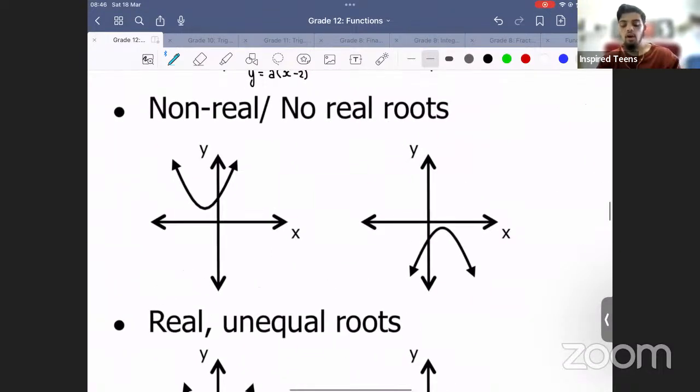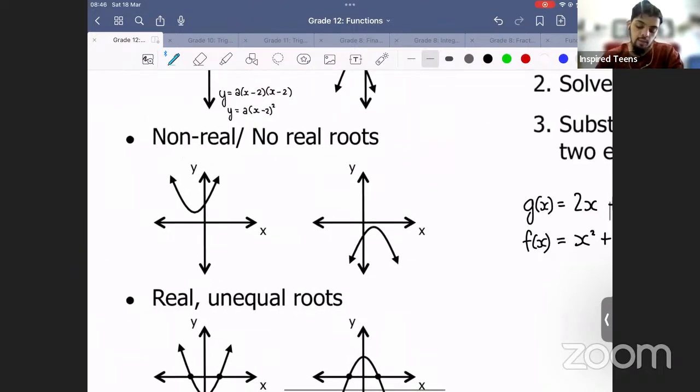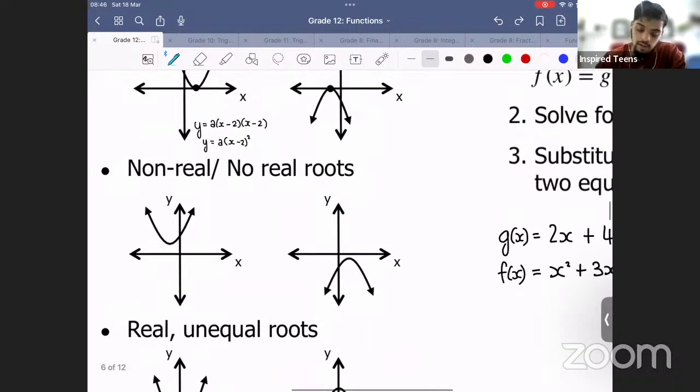And let's have a look at non-real or no real roots. The word non-real means that the roots don't exist. Since they don't exist, they don't touch the x-axis, there's no x-intercept. We can see in these examples that they will never touch the x-axis. Then we look at the discriminant for this. The discriminant for no real roots states that b squared minus 4ac has to